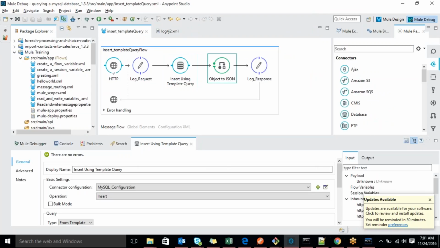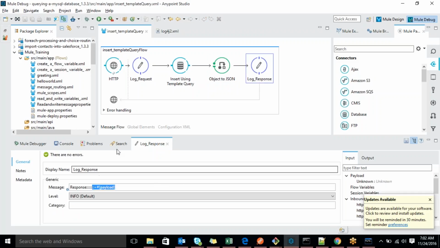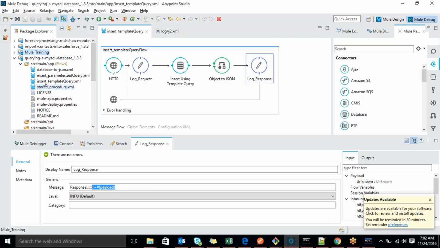After that I'm converting the object to JSON, then displaying it. After inserting, generally if you insert a record successfully in the database, it will return a positive value, it will return 1. Or else, if you are getting information from it, the database will return an object. So we have to show the user a JSON format or whatever expected format, so we convert the object to JSON or the required format using that component. And finally, just display the log, what payload we are getting from that. Just deploying this one.